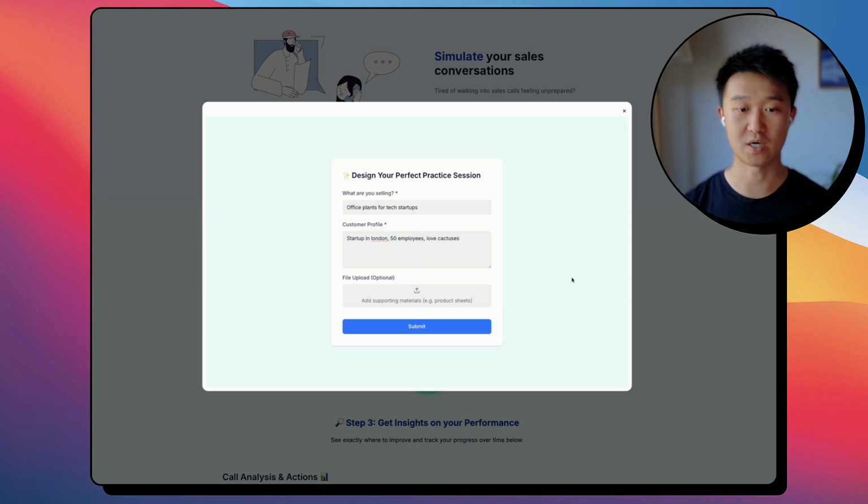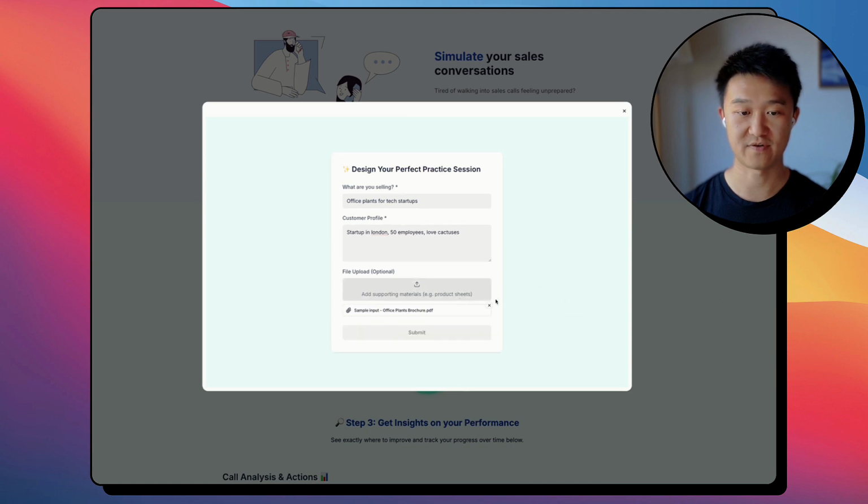Finally, you're able to upload files in order to speed up the customization process. And you can add, for example, brochures, information about your company website, or even additional information about who the ideal customer profile is that you're selling to. And so to do that, I can simply drag and drop a file like this.